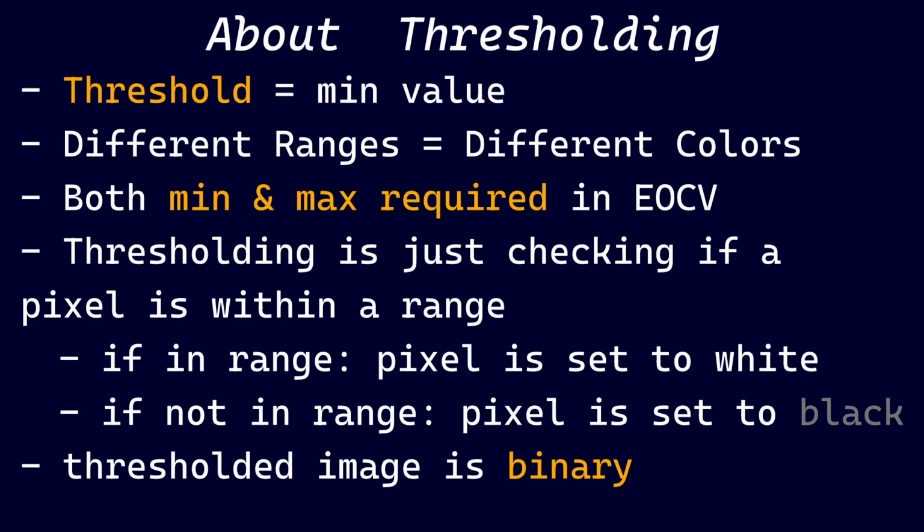So what exactly is thresholding? Well, a threshold is a minimum value. This number represents the smallest value that a pixel must be to be deemed as a certain color. Different ranges of values can be associated with different colors. In EasyOpenCV, a maximum value must also be present to make sure that the code doesn't get every color